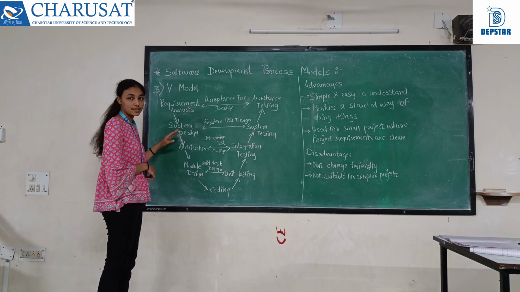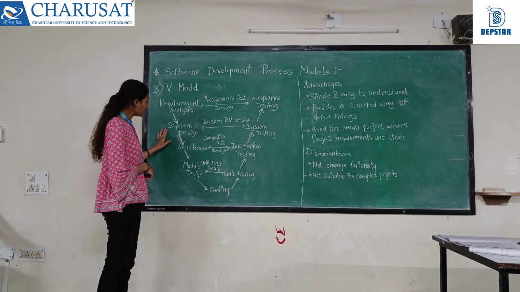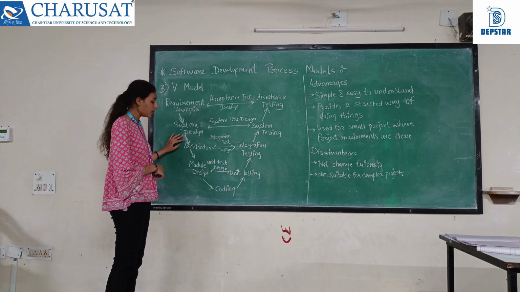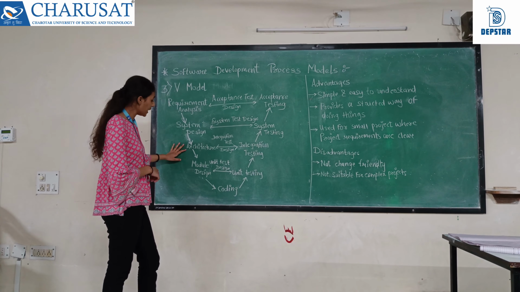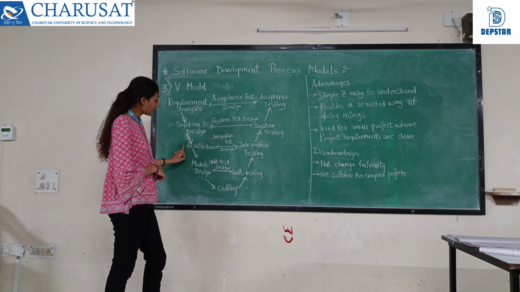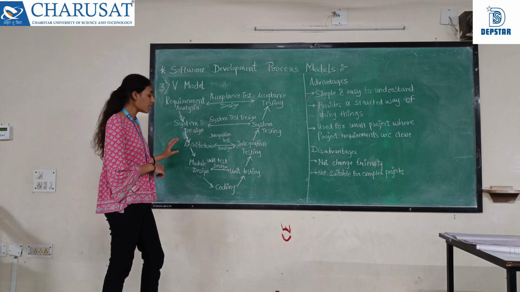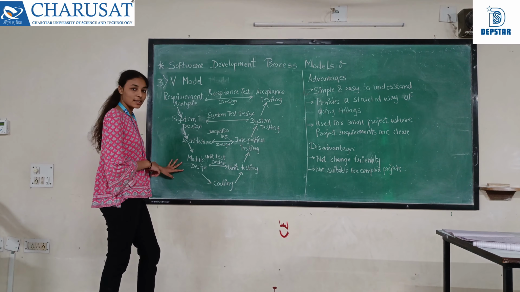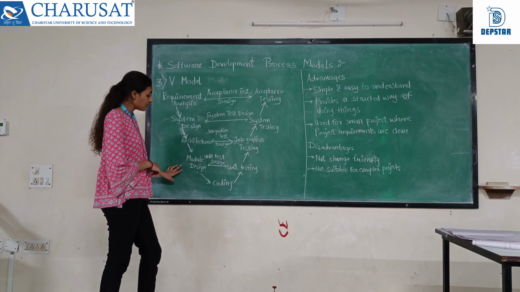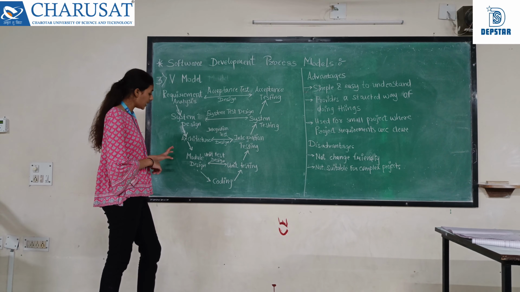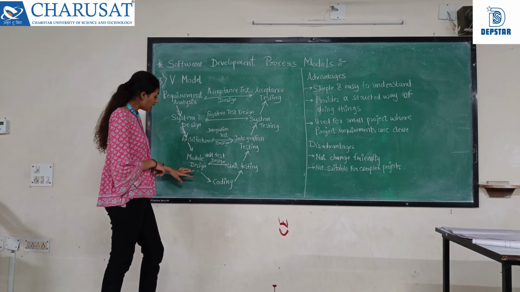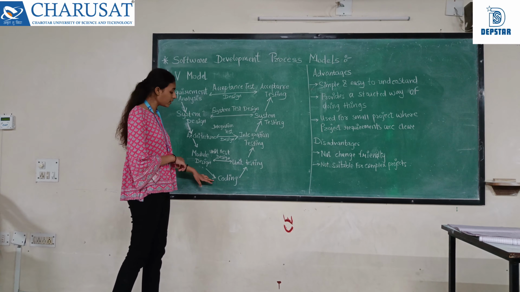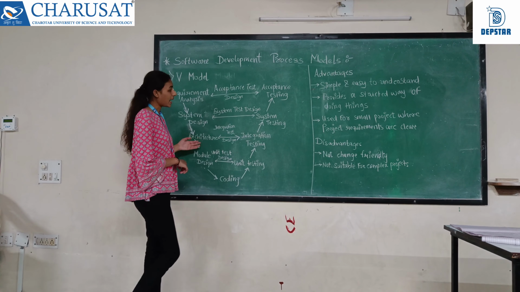After this is system design, and parallelly system testing works on it. When the system design is complete, the architecture will be created, and integration testing will similarly work alongside it. After the architecture, the module design will be created. Module design and unit testing will work together. After module design and unit testing, the coding will be done. So this is the diagram.